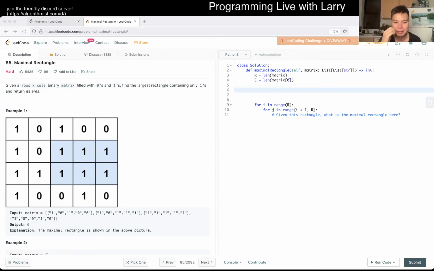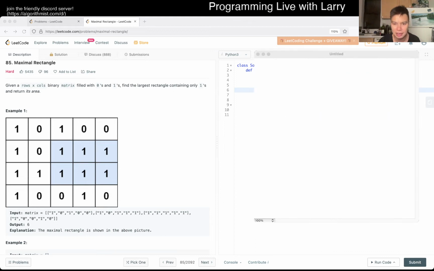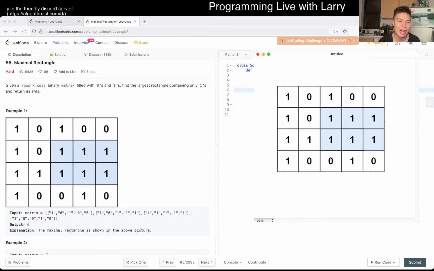But let's create the prefix rectangle. And the idea behind this prefix rectangle, and I've shown this a few times, but I am going to bring up the paint thingy so that I can show you really quickly what I mean, right? So let's say we have this thing, right? And am I showing on screen? There are a couple of times in the past where I wasn't showing on screen, but basically the idea is that to get